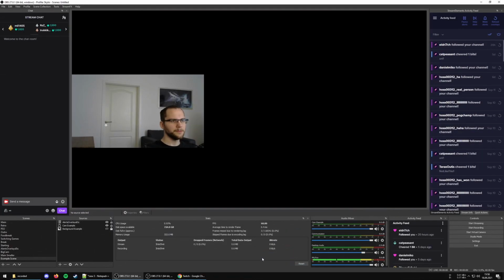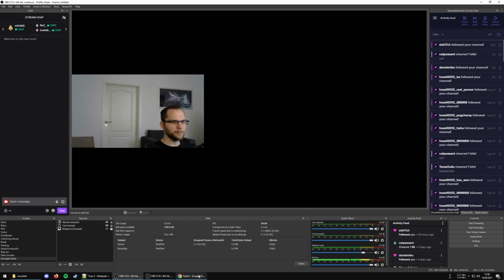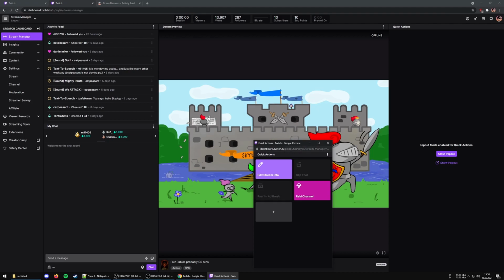Number 7. Using external docs. If you're logged in with your Twitch account, you will already have a few docs available to you, like the Twitch stats and the Twitch activity feed. However, if you go to your dashboard, you could also get something like the quick actions available in your OBS. Click on the 3 dots, pop out, grab the URL,